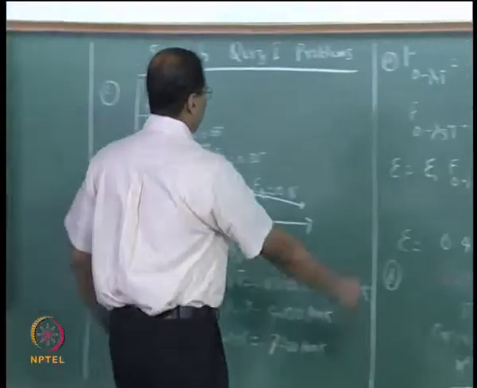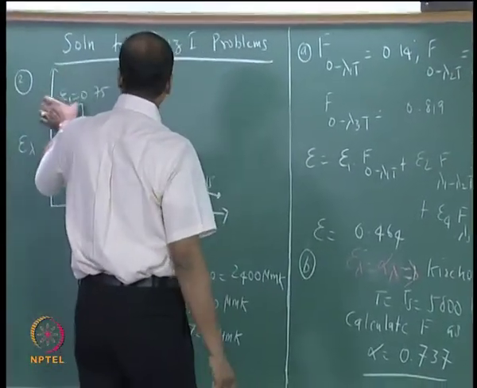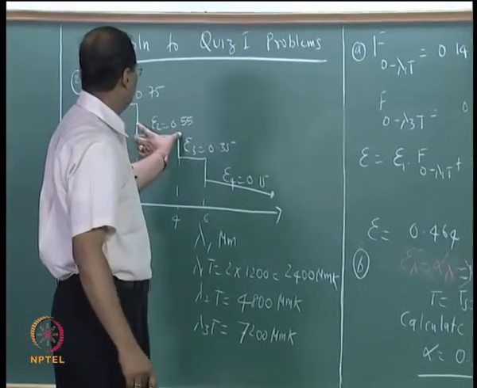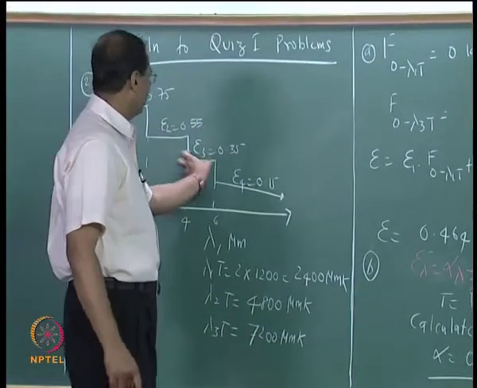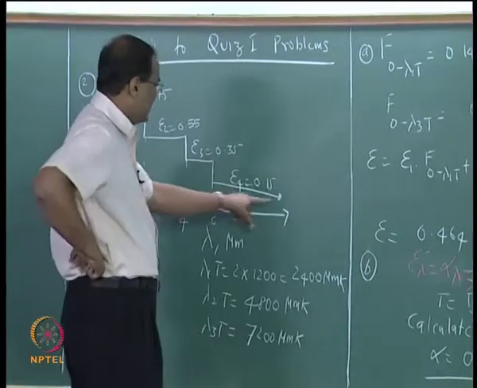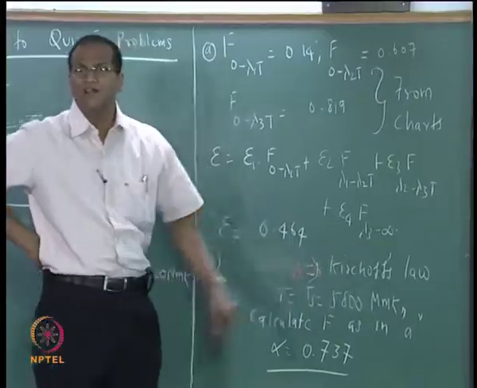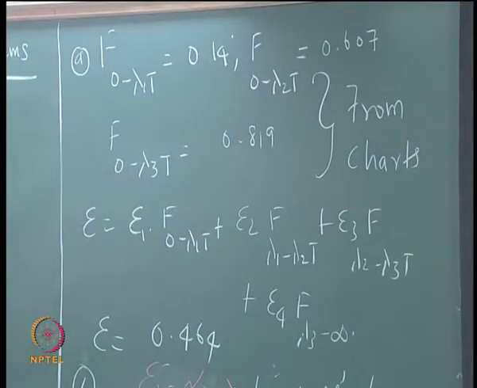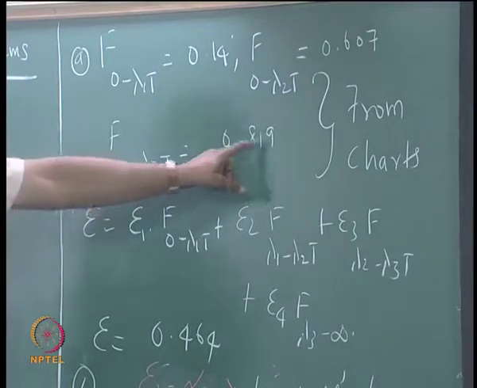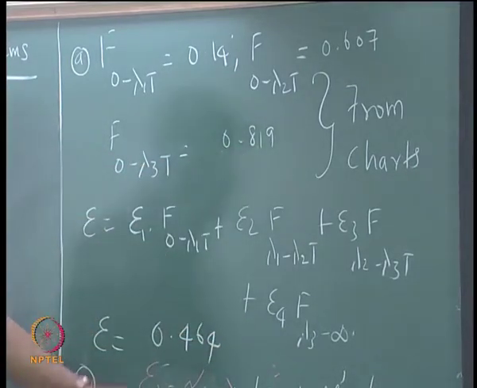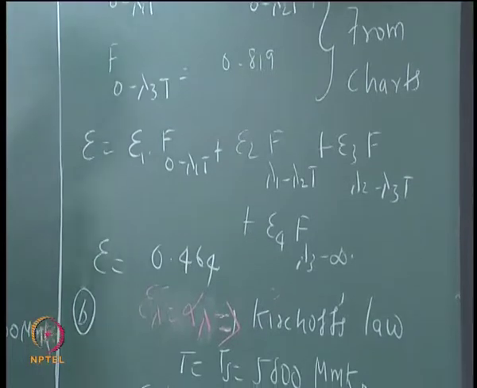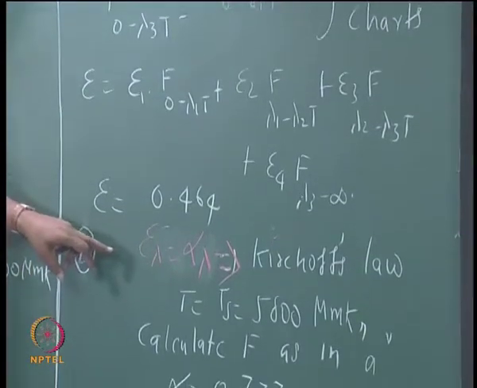So epsilon is epsilon 1 into F of 0 to lambda 1, plus epsilon 2 into F of lambda 1 to lambda 2, plus epsilon 3 into F of lambda 2 to lambda 3, and this goes up to infinity. So this is lambda 3 to infinity, which means 1 minus F of lambda 3 T. That F of lambda 3 T we have found out, this is 1 minus 0.819. If you add all that, you will get emissivity equal to 0.464. Now if you calculate the absorptivity,